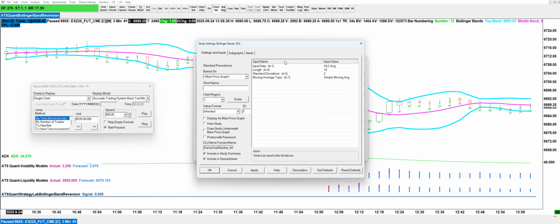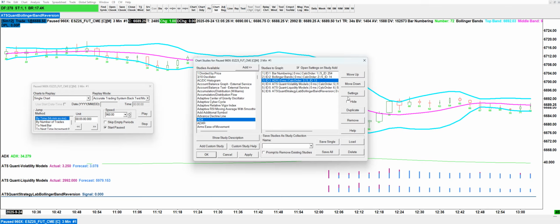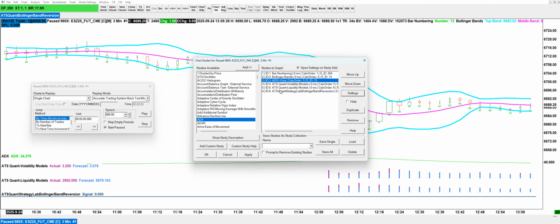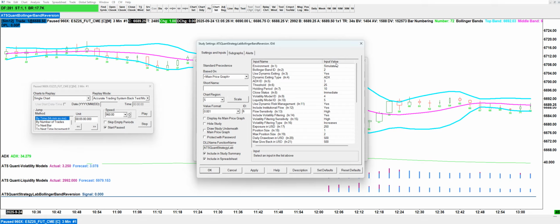So we can change our Bollinger Band. Let's change this to maybe the last price, and we want to look back over, let's say, the last 3 bars, and we want 3 standard deviations. And then let's change our ADX here. Let's change this to 10. Okay, and then we can go into our foundation here, our Bollinger Band Reversion, and we see we have a